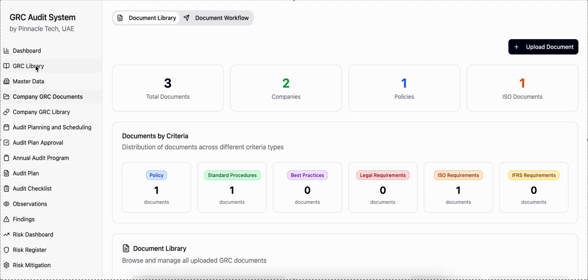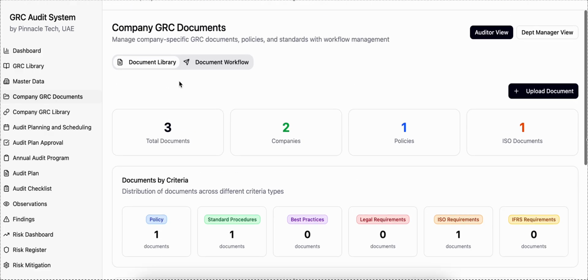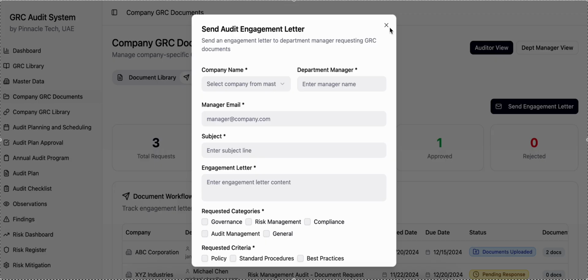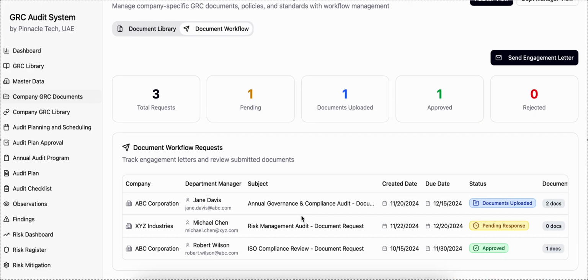What I showed previously was the GRC library, which is the global library. But at this moment, what applies to your organization is what is important to you. That's the reason you have here company GRC documents. What it does is that it starts with an auditor sending an engagement letter. So when the auditor sends the engagement letter, it gets information on the department manager's menu that somebody is